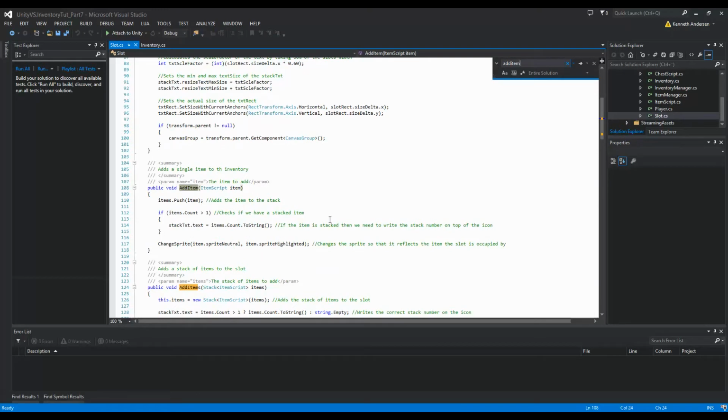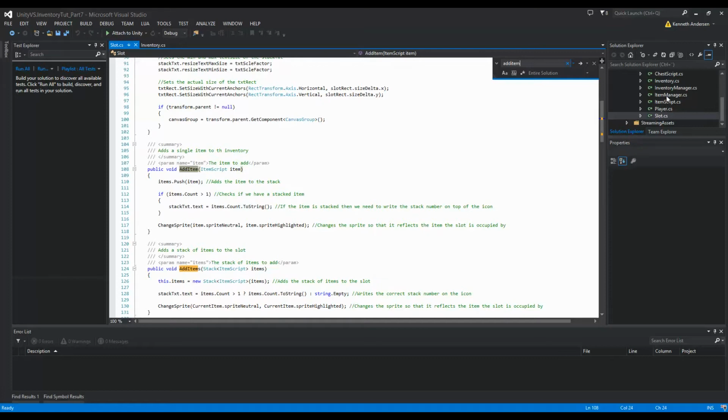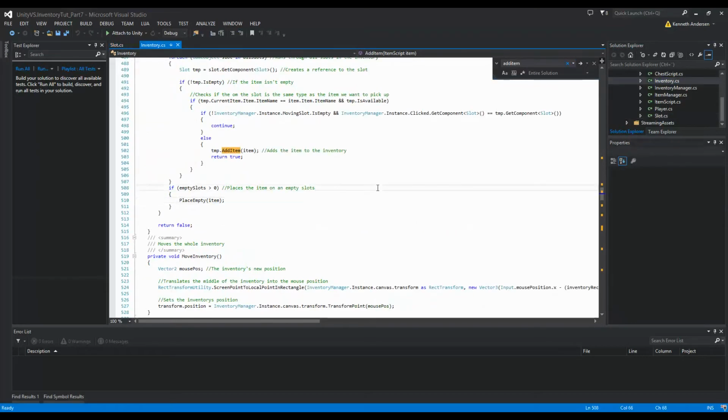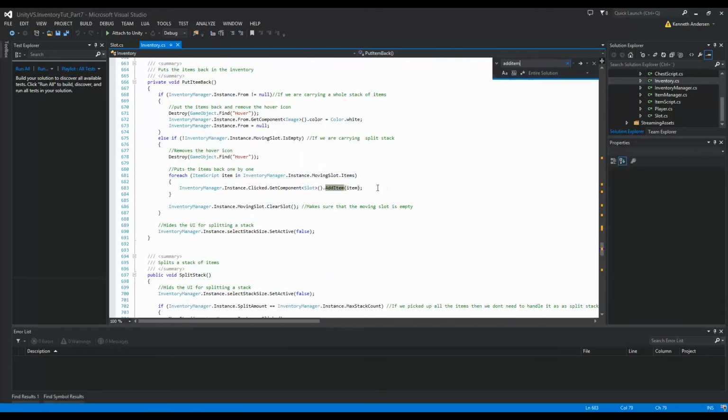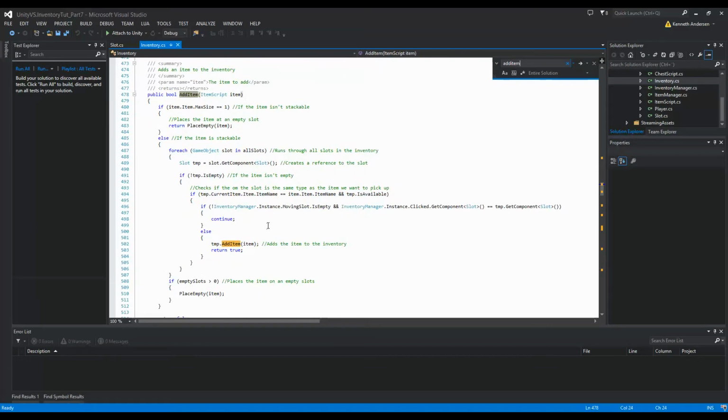Find it, and it's the add item function in the inventory. So open the inventory script and search for add item. Find it somewhere here. There we go. So here we have an add item function,